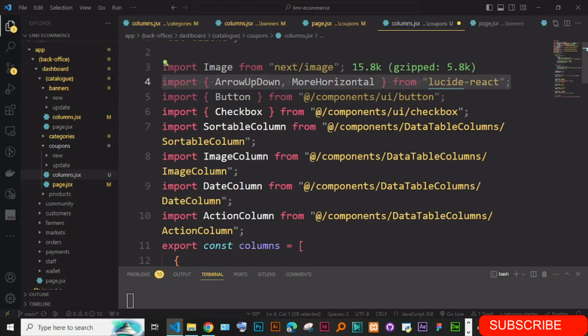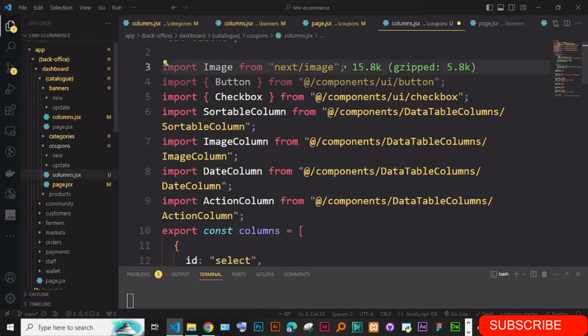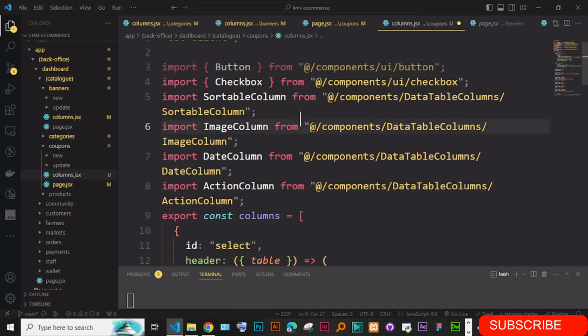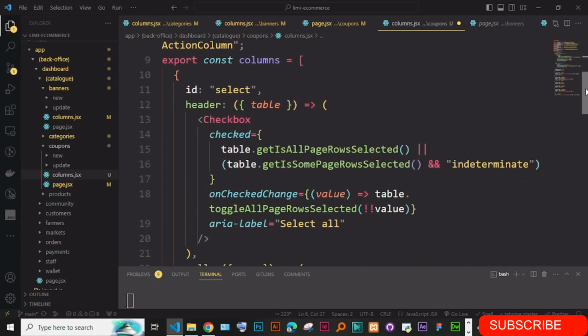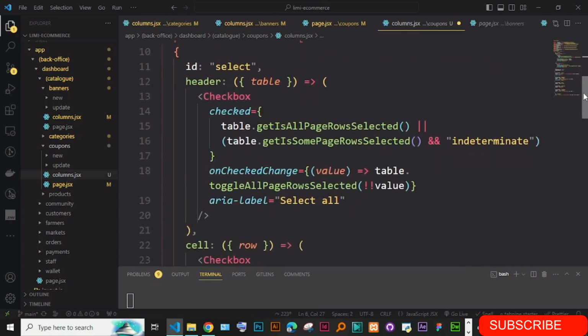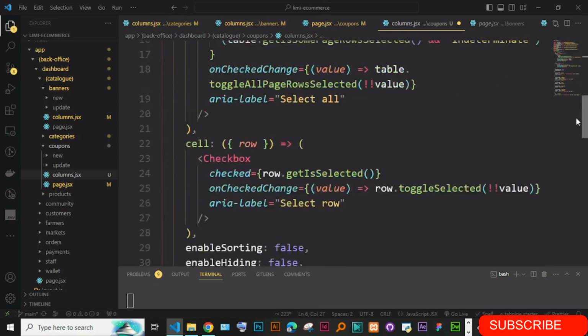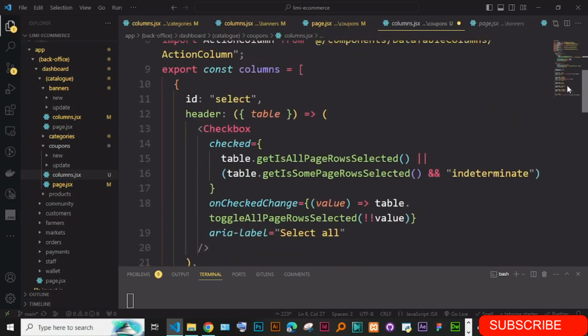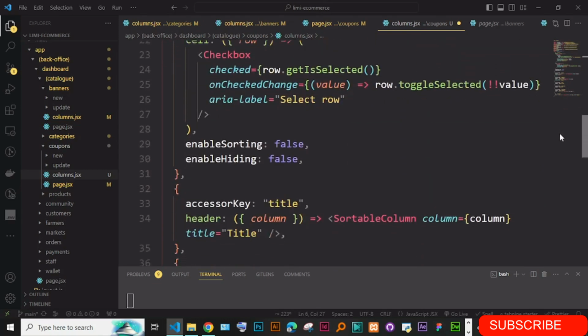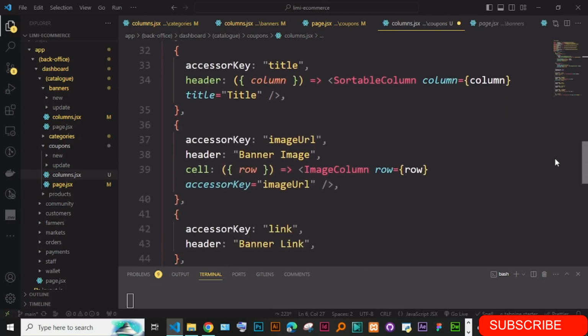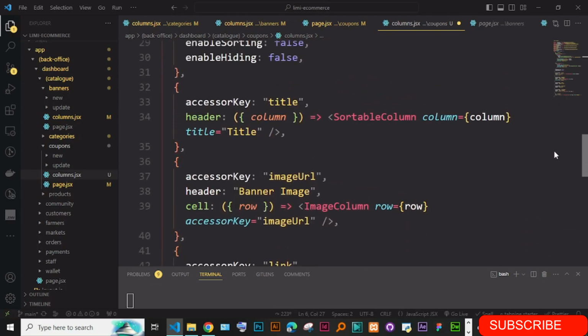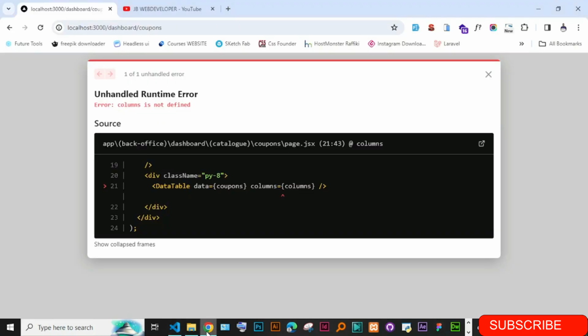Okay, these imports are all not being used. Even the next image itself. For instance, the coupons, we can just leave the select, and we also have to have this checkbox somehow taken that side. This title, I think the title is okay. Let's first look at